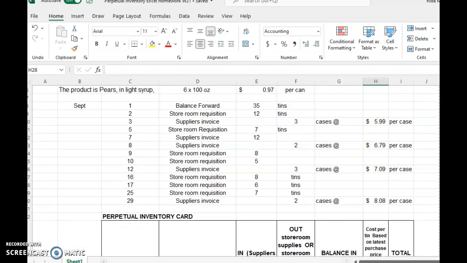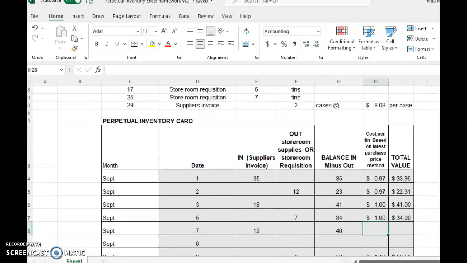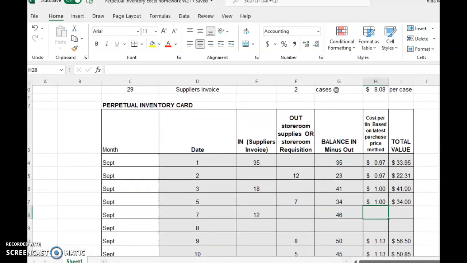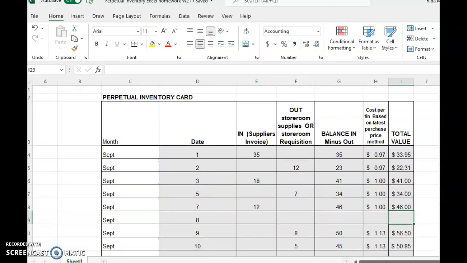We don't have the price, so we would use the same value. So that would be 46 times 1, and that would give us $46 per tin. Alright, so